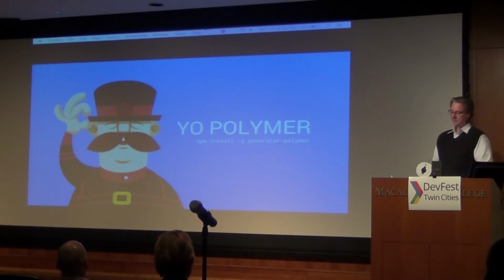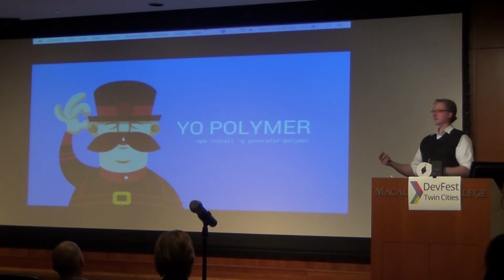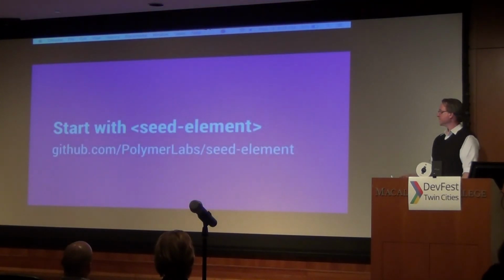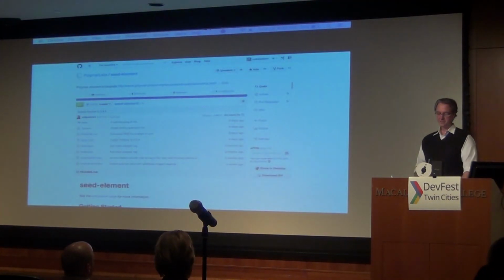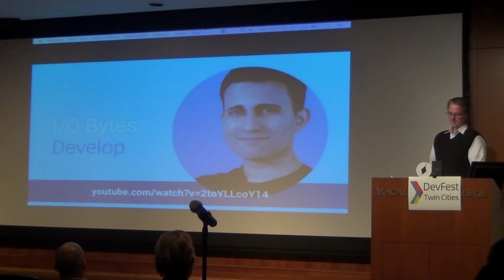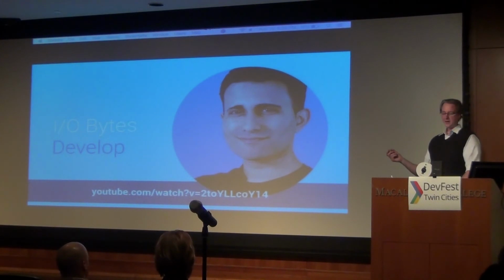If you want to make a Polymer application, Yeoman has a great seed app, which adds support for SASS and PageSpeed Insights and some other things. If you're not into Yeoman, there's a seed element out in Polymer Labs for you to start building your own custom application. Andy Osmani also put together one of these DevBite YouTube videos that walks you through creating your own